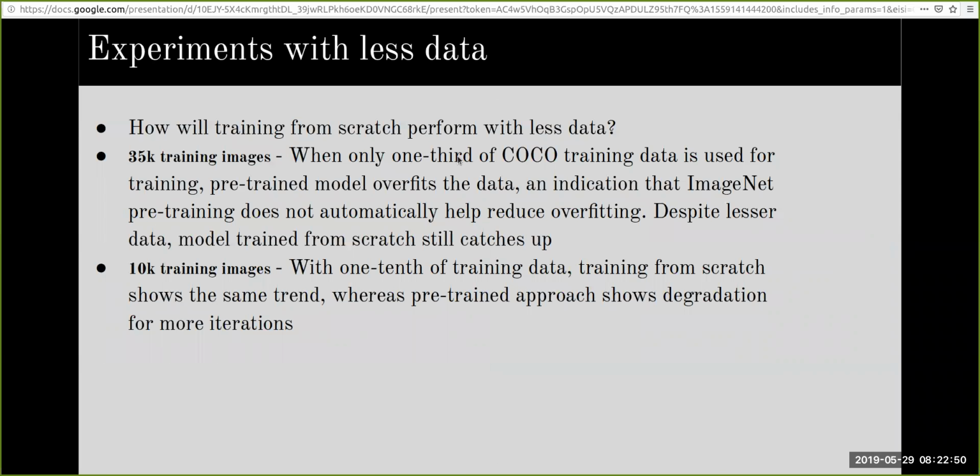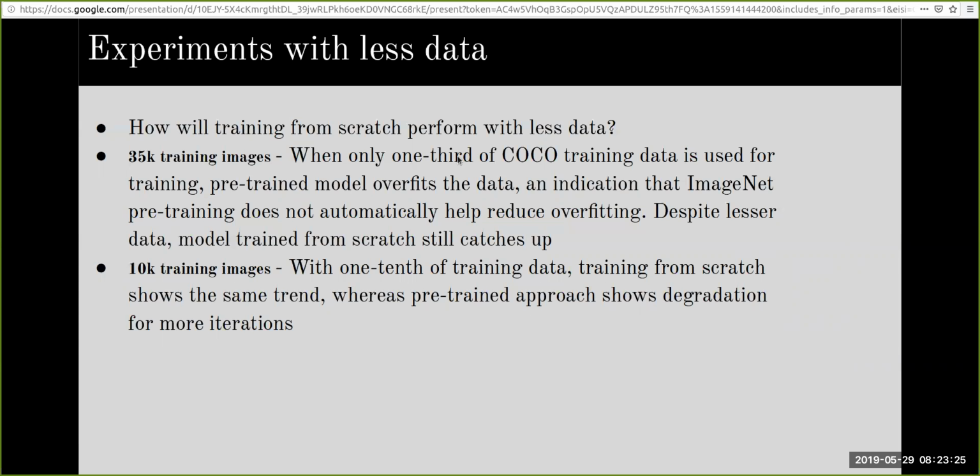So this was the most interesting part of all the experiments, at least to me. This is the most interesting part of the paper. The final experiment was trying different amounts of training data. While the first interesting result from this work is that we can get comparable results even with models trained from scratch, the other surprising discovery is that even when the data is less, training from scratch can still yield close results to that of the fine-tuned models.